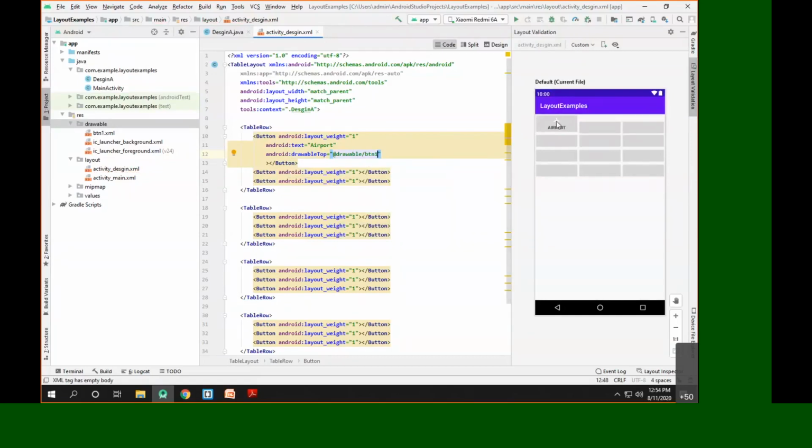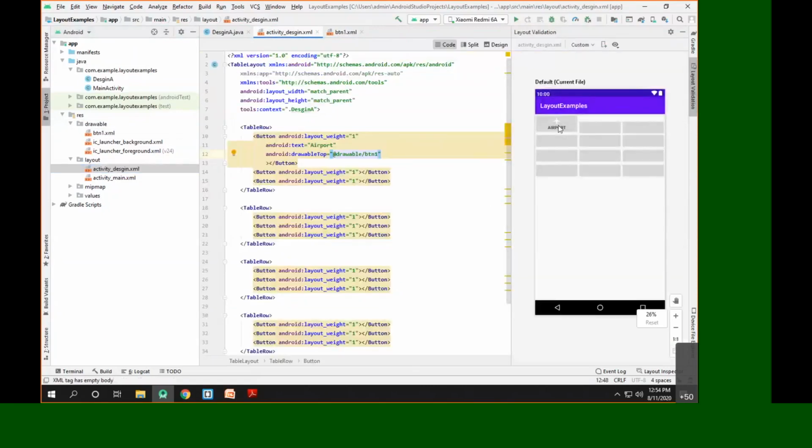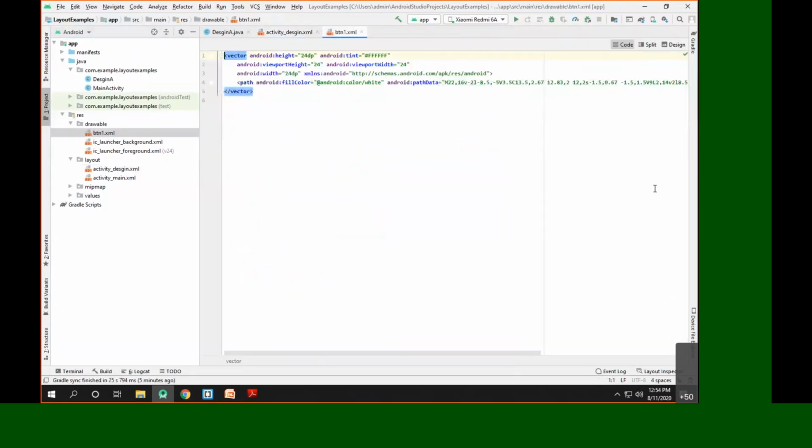Now this image is slightly small. We need to increase its size. Currently I am in design view in XML. Here we have this particular image. Now if you want to increase its size, we can go to the BTN1.xml, that is, our image file. Here you can see we have this particular image, which by default has height and width of 24 dp.